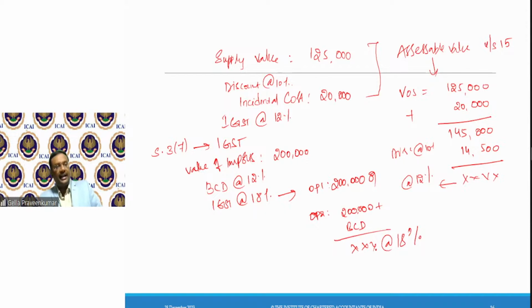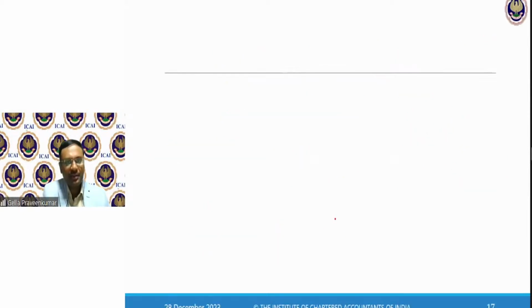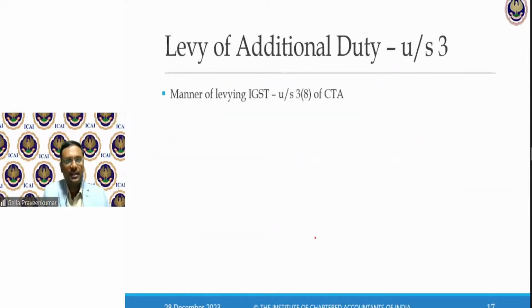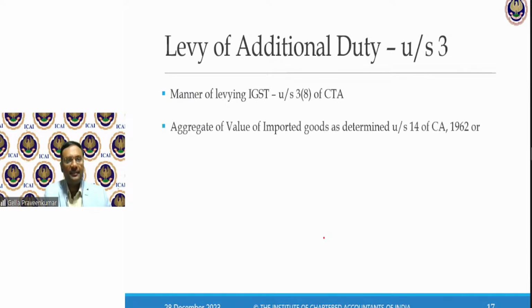How do we calculate IGST? So what all form part of the good value per section 3, subsection 7, that we are trying to understand. Manner of levying IGST: the aggregate value of imported goods as determined under section 14.